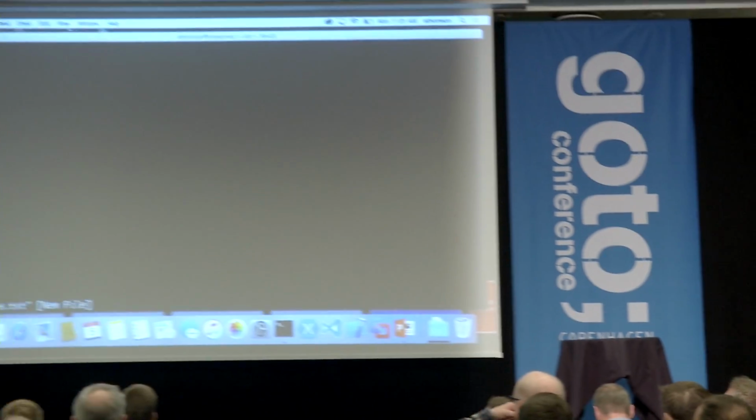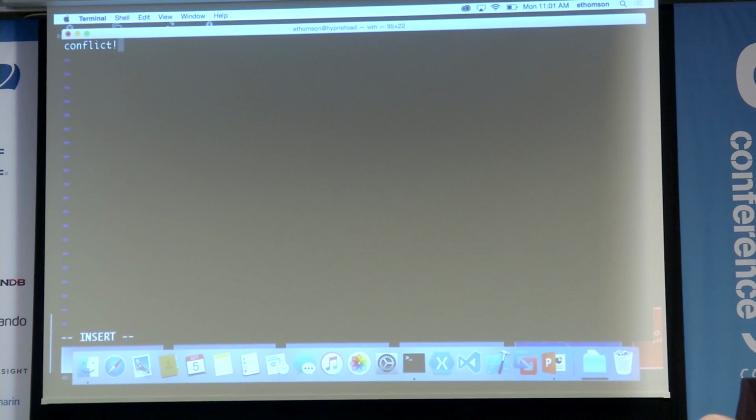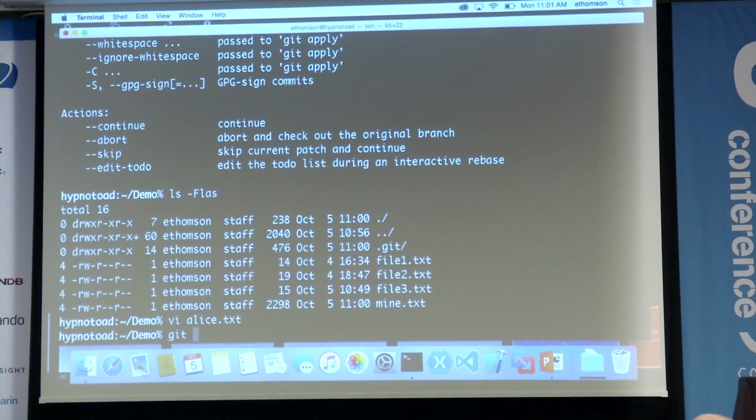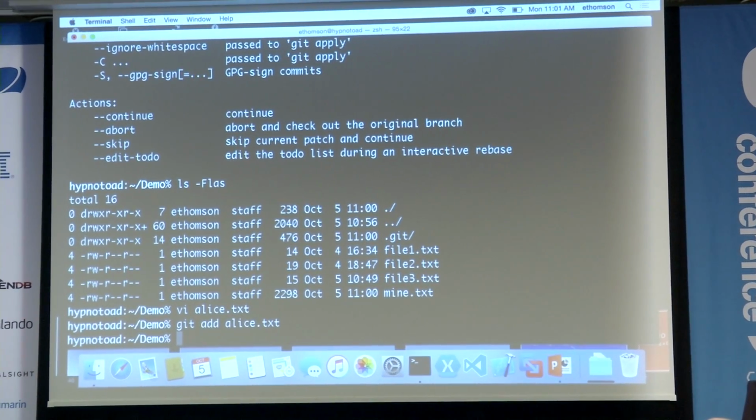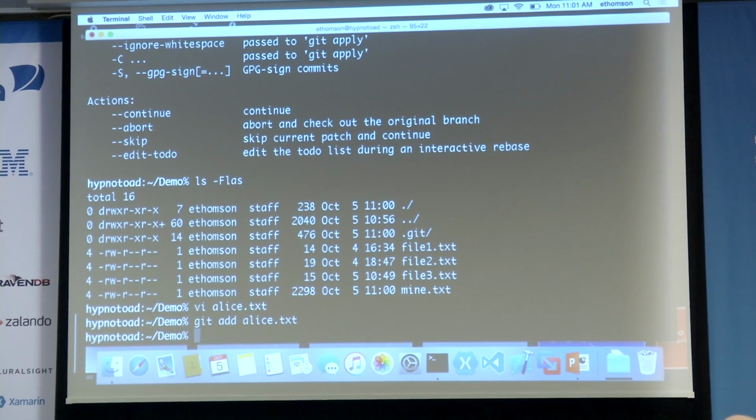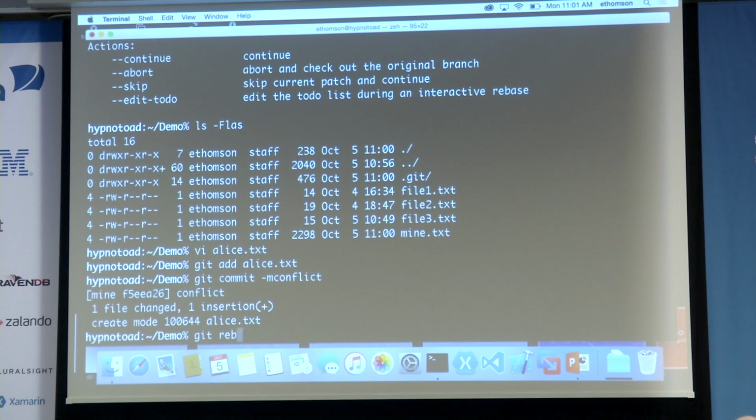Let's force a conflict, shall we? Pardon me. So I'm going to add the same file that Alice has added. This is guaranteed to conflict when I try to rebase. If I run git rebase Alice,